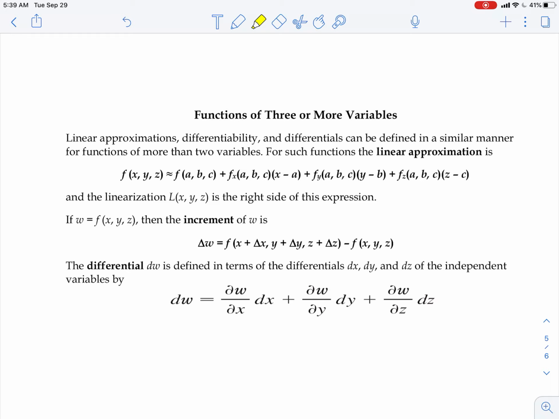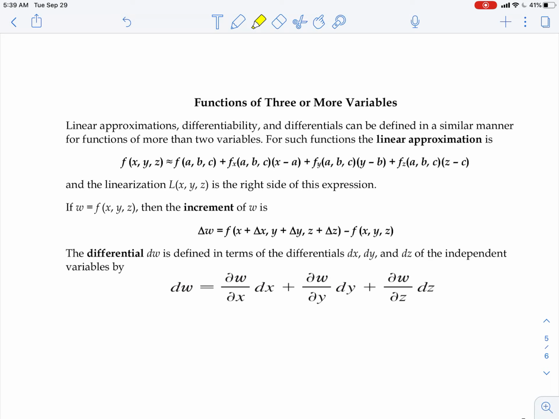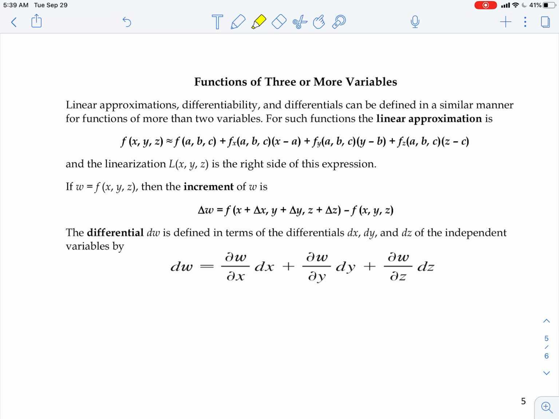All right, functions of 3 or more variables, it's the same. If we have 3 or more independent variables, then we're going to do the differentials the same, where your delta x and your dx, your delta y, your dy, and in this case, your delta z, dz is going to be the same. In this case, w would be our dependent variable. So this is just sharing that it's really not going to change if you have 3